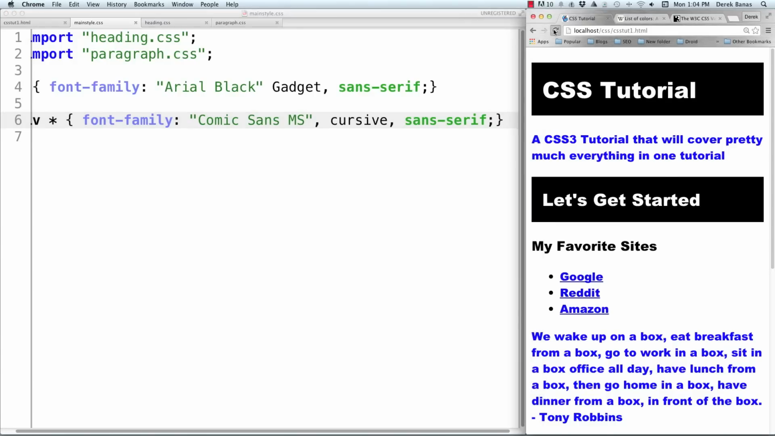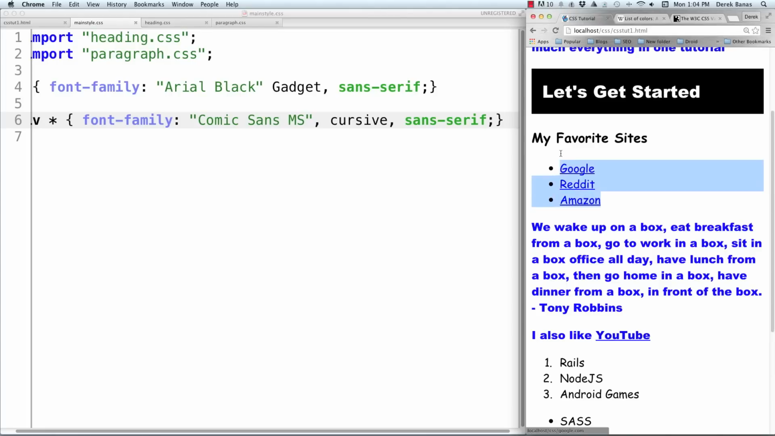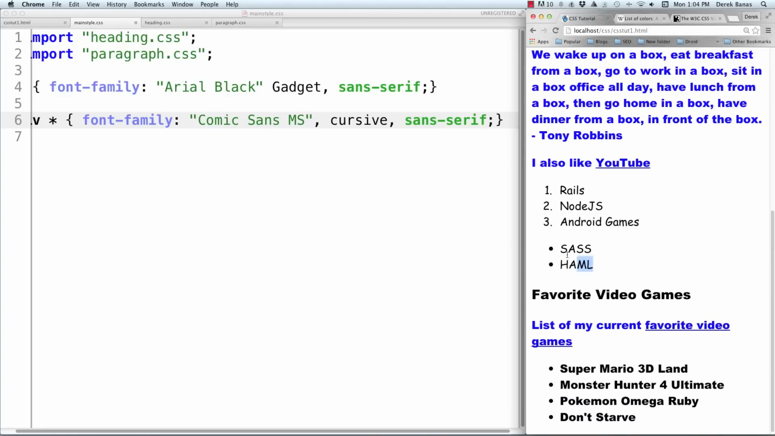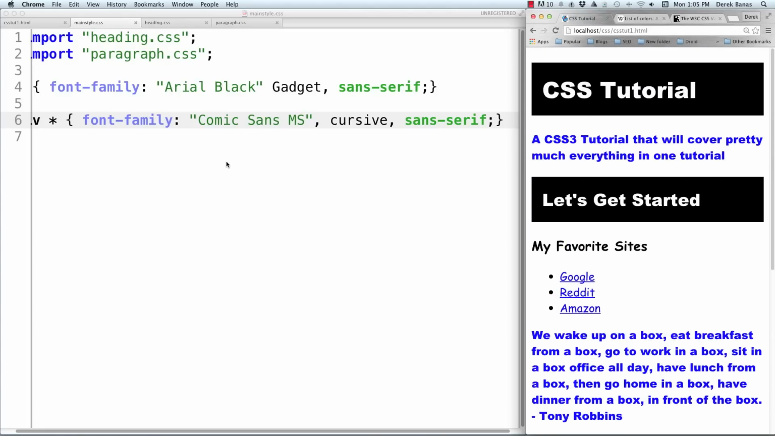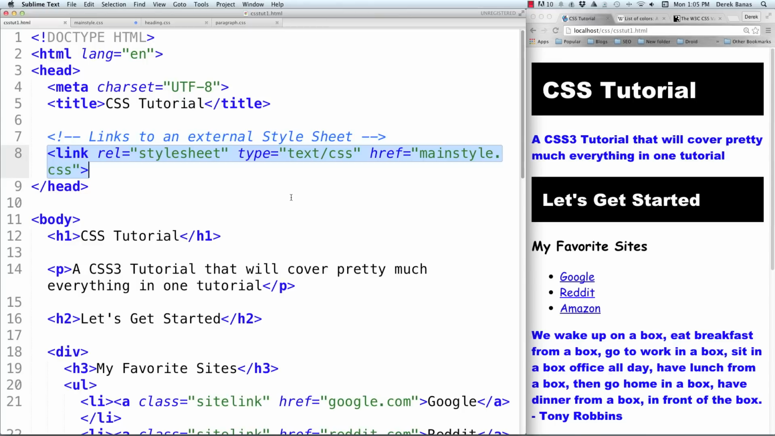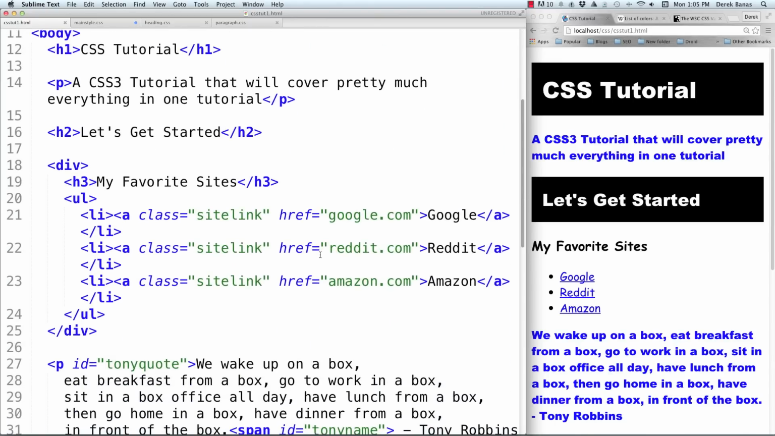I'm going to leave it in there and reload, and now you're going to see that this right here lies inside of a div, so all of those links, as well as everything down here, are all going to be changed to Comic Sans. If I flip over to the HTML here for a second,